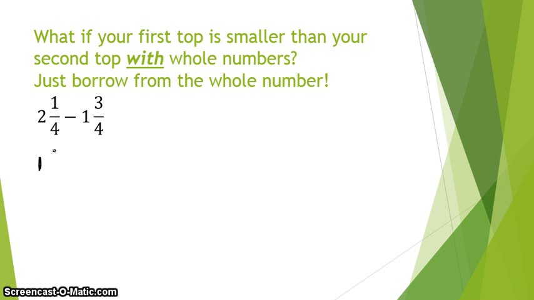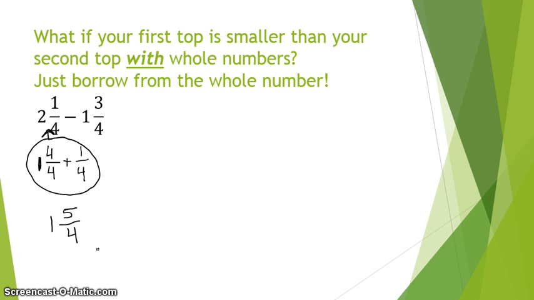And think about this 2 as 1 and 4 over 4, because 4 over 4 is 1. 1 plus 1 is 2, plus 1/4. Okay? So this is the same as this. So 1 and 4 over 4 plus 1 over 4 is going to be the same as 1 and 5 over 4. Okay, so I just basically went